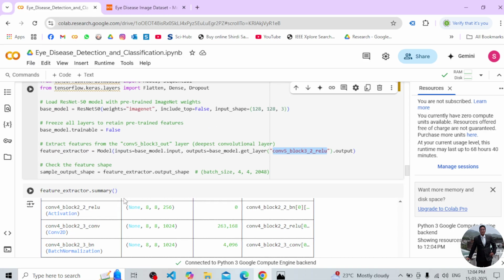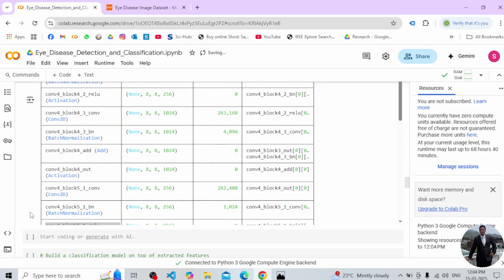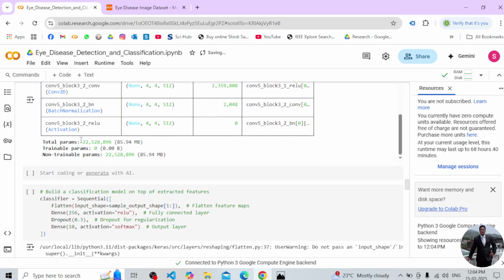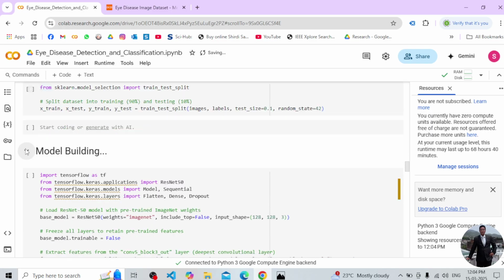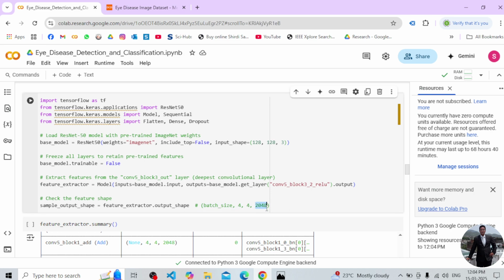Then next is feature extractor dot output shape. I am checking its shape. What is its shape? Its output will be up to this layer. The output will be 4, 4, 512. This much output will be generated. I am fetching the ResNet 50 up to here, and the output of this will be